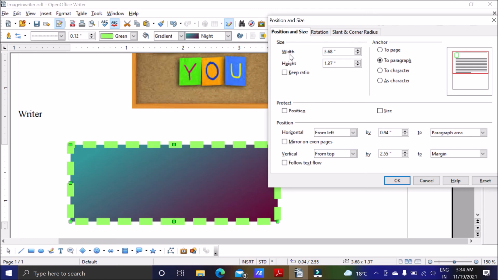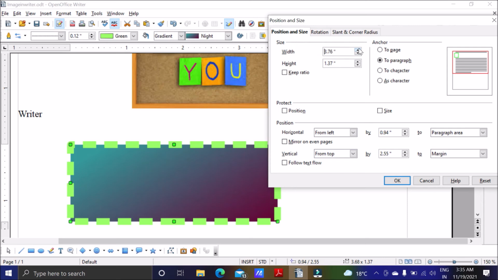Here also, if you want resizing where the length and breadth are increased or decreased in proper ratio, then we can go for keep ratio. In keep ratio, if we change width, height will automatically change according to that. Otherwise we can change width and height independently also.